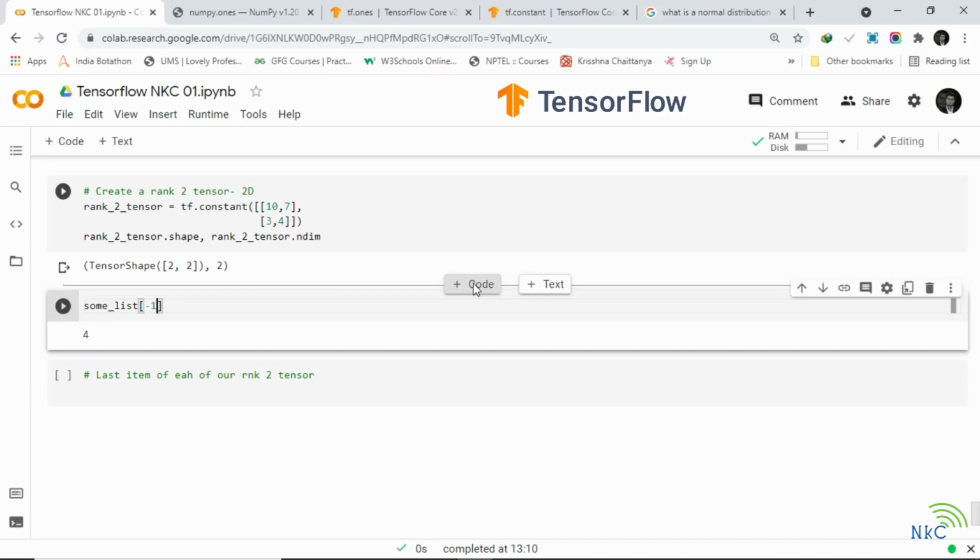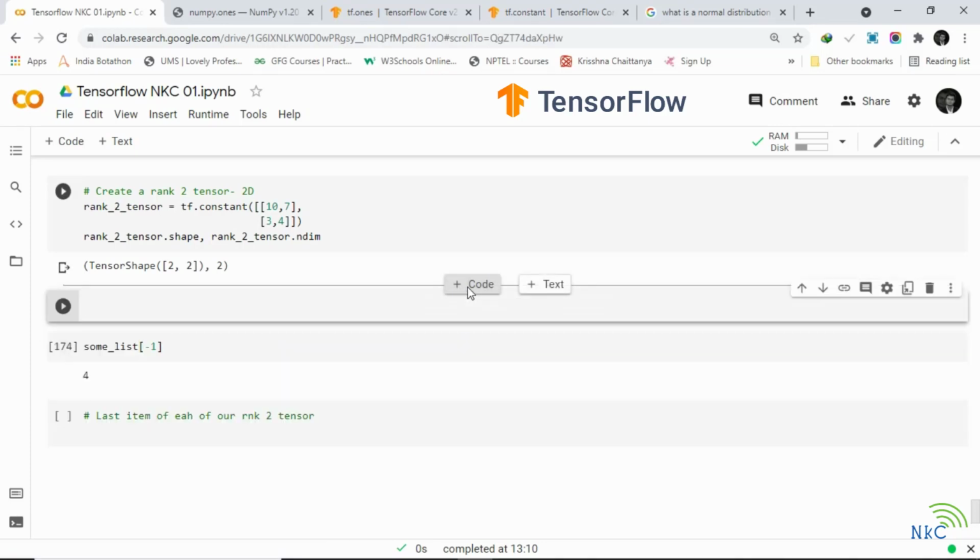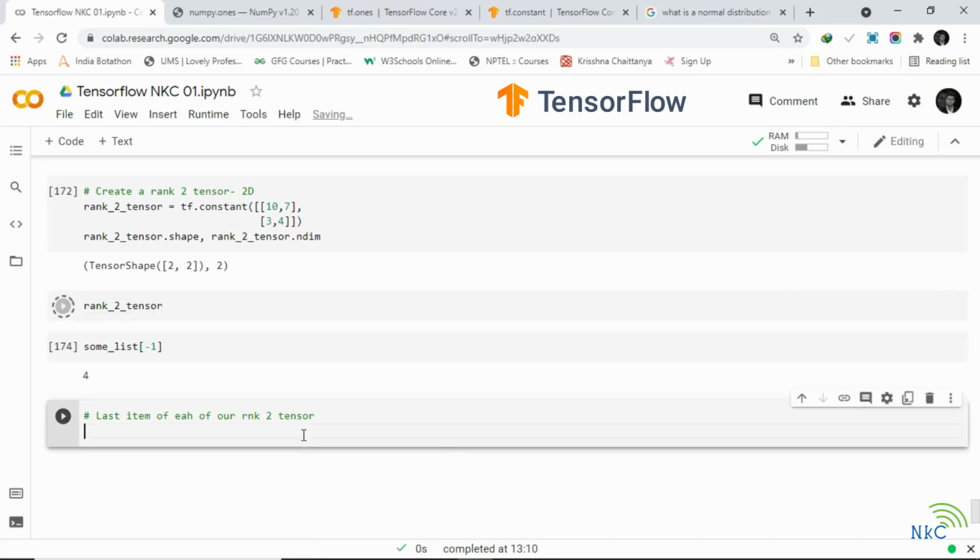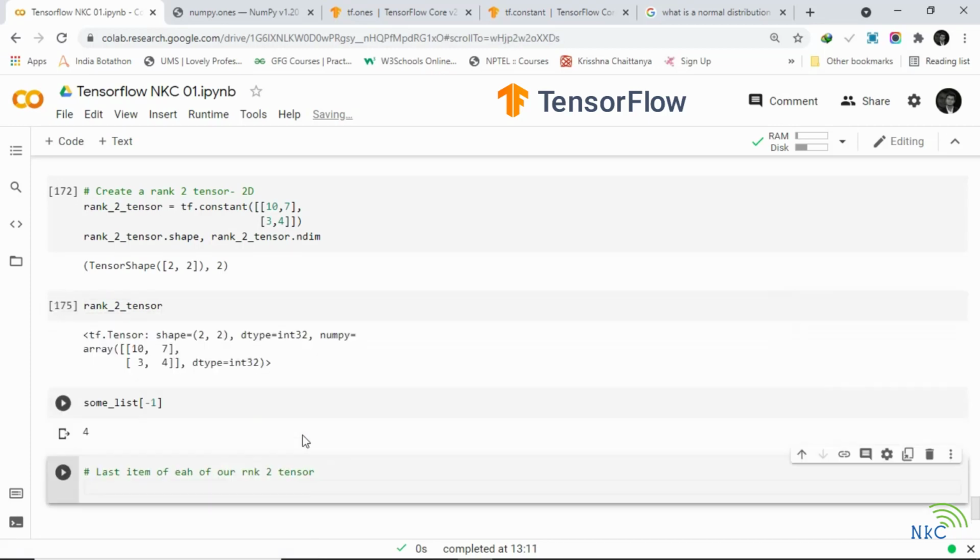If we wanted the last item of each row of our rank 2 tensor, well, the rows come first, then columns. So we might go rank 2 tensor, and for the last item, -1. So that makes sense. Let's see if that does get it. So 7, 4, beautiful. That's what we want.